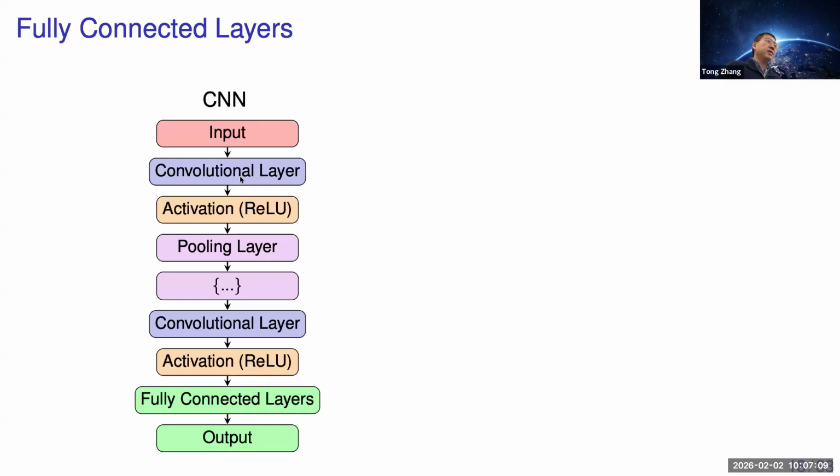And certainly at this time you should already increase your channels to prepare for this, to compensate for the reduction of dimension. But basically, each one of those, eventually there's fully connected. Before fully connected, usually you could have another